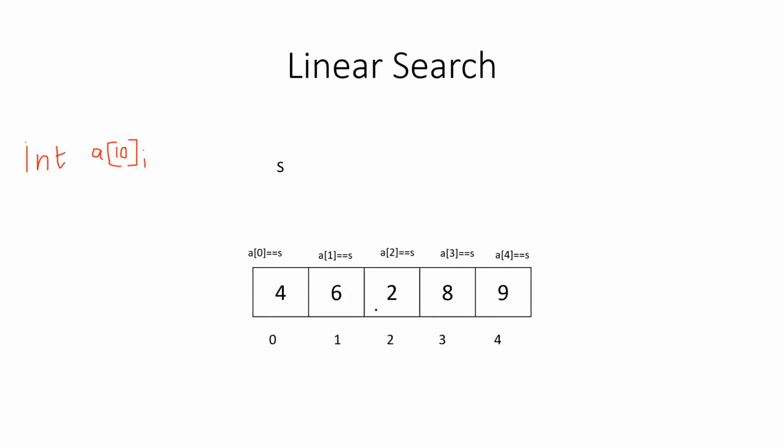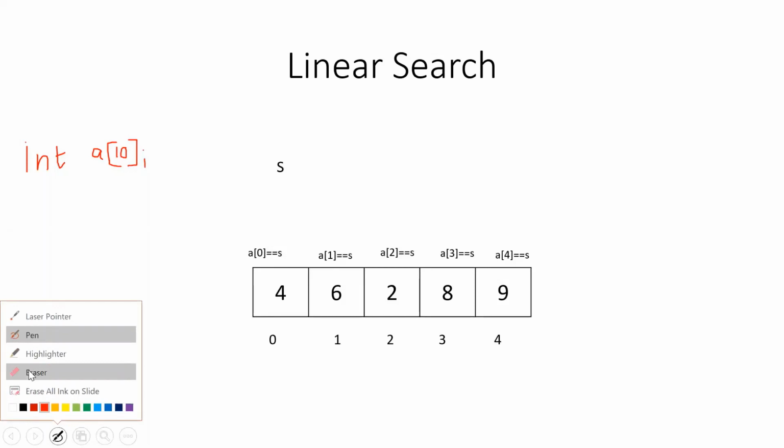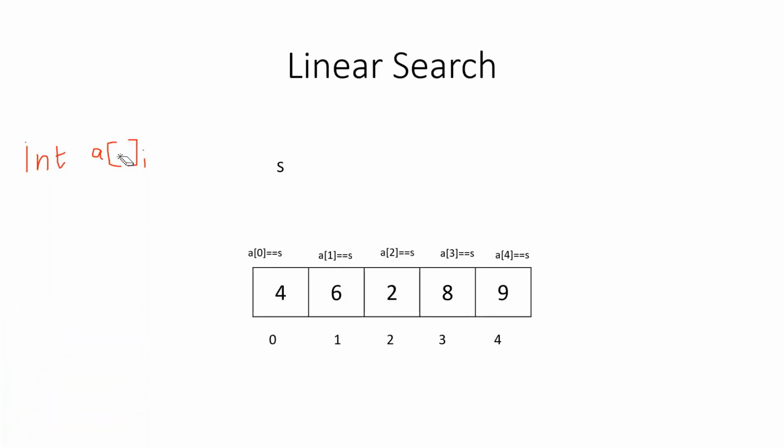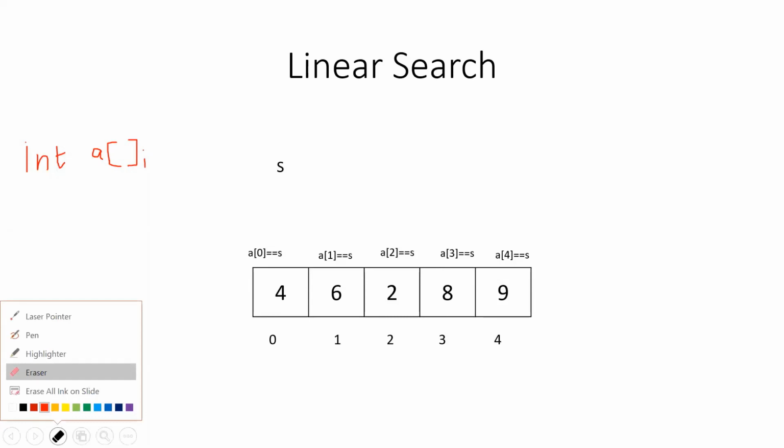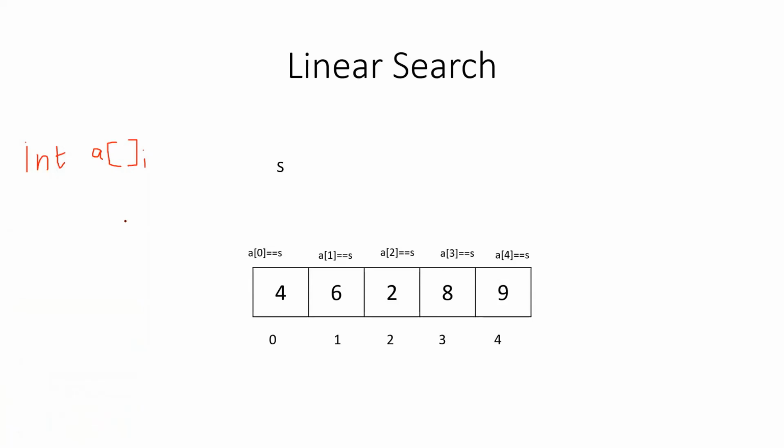So here, if the array size is given as 5, what is the size of the array? It is 5. If you want to declare an array of size 10 and make use of only 5 positions, you can do that. Here, as shown in the figure, we have only 5 positions reserved and we have 5 elements in the array. Understood? So here we are declaring an integer array of size 5. That means the maximum number of elements we can store in this array is 5. How many elements are there? 1, 2, 3, 4, 5.